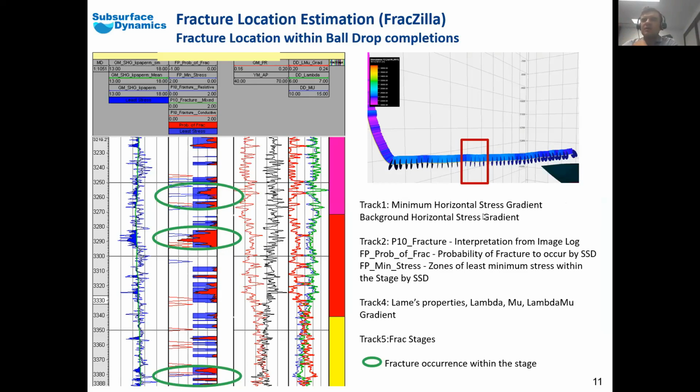So we developed this workflow called FracGuru, which uses stress field calculation and mechanical properties calculation to try to locate those zones of minimum stress within each and every stage. But at the same time, we're trying to quantify the probability of the occurrence of the event. So we try to differentiate between different zones, and actually predict where the frac went